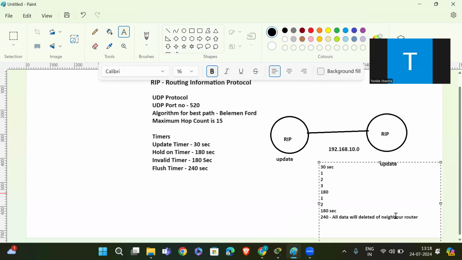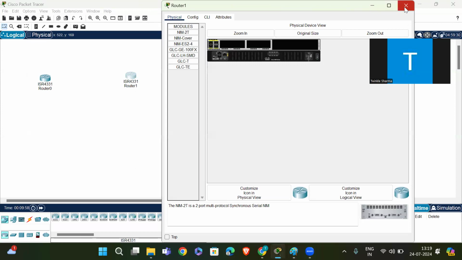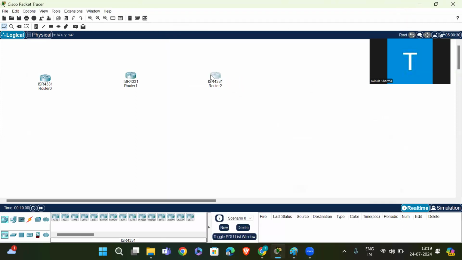Okay, then let me go for the practical now. First, let me take three routers: router 1, router 2 and router 3. Then I'm taking three switches: switch 1, switch 2, switch 3. Then I'm taking three PCs: PC1, PC2, PC3.